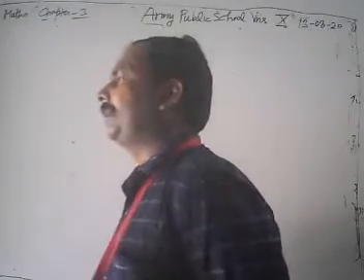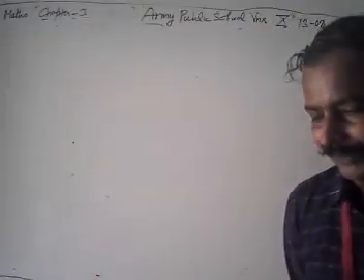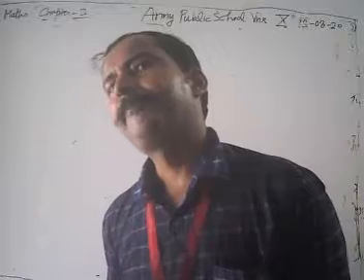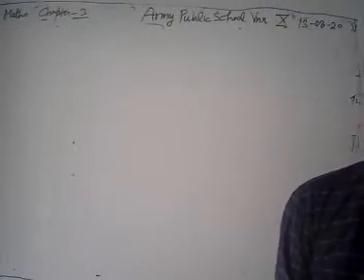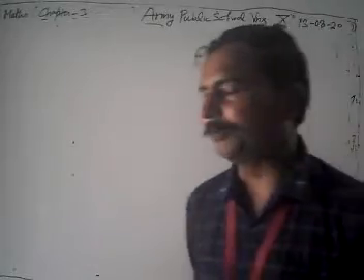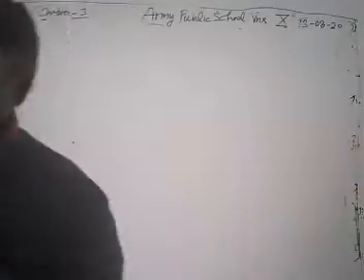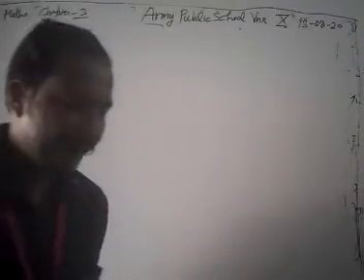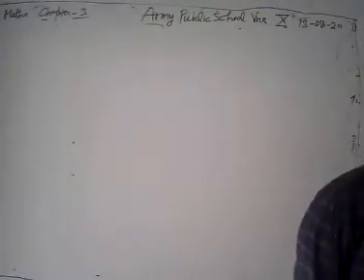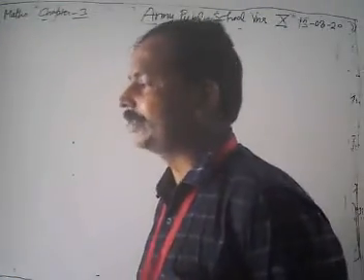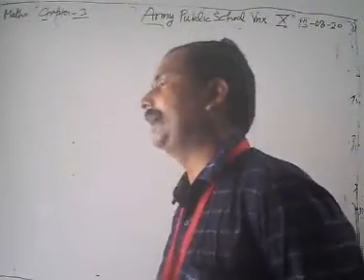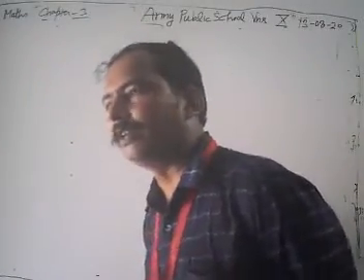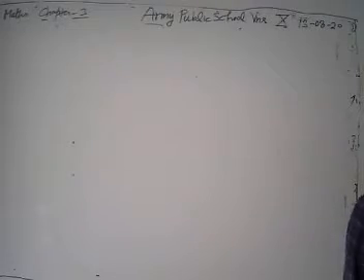Then after that we are going to talk about pairs of linear equations in two variables. Before we discuss that, we saw the graphical representation. Whenever we draw the plot of a linear equation such as ax plus by plus c, the geometrical interpretation is that when we plot its graph on graph paper, we always get a straight line.